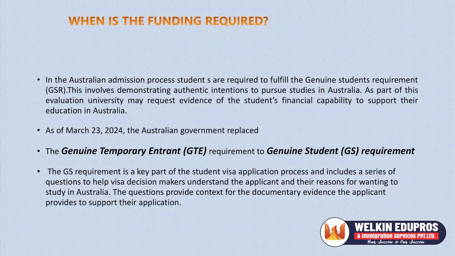First of all, when is the funding required? Basically, it is a 7-step process. Basically, the funding is required at the GSR stage, means after the receiving of the offer letter from the university. In Australian admission process, students are required to fulfill this GSR requirement. For the people to whom GSR is new,